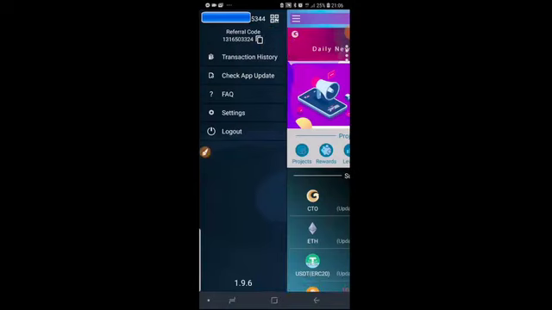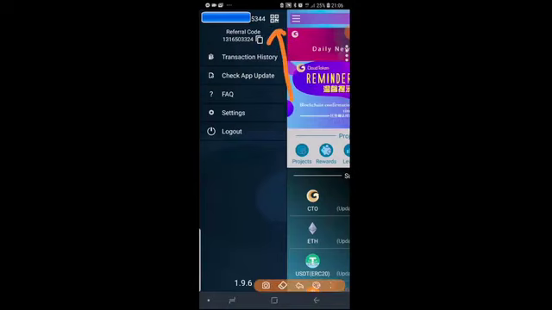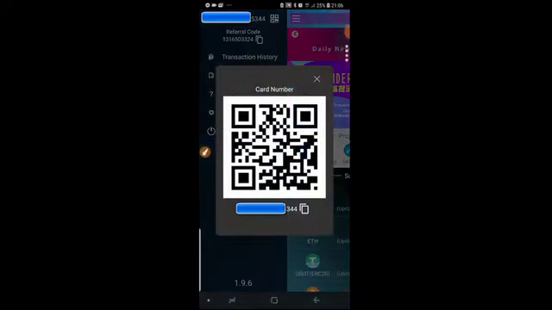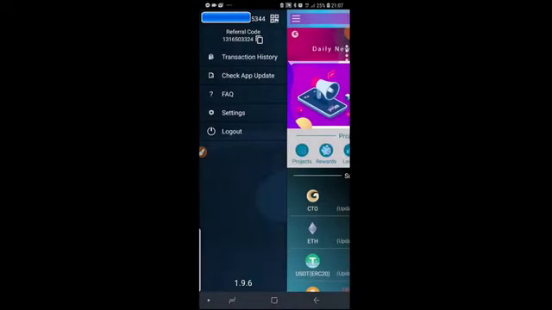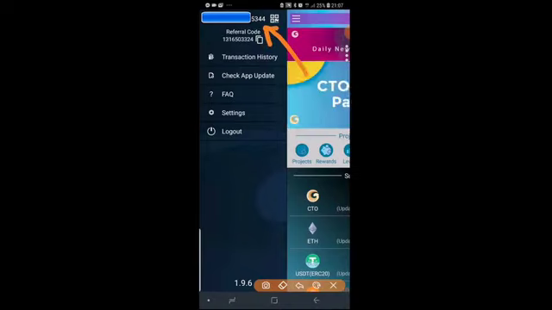Okay, you can also click on this QR code and it will show you just like this, in case you want to copy it if somebody wants to transfer you cloud tokens or something like that. This is where you use it. And also this is probably going to connect to your debit card that will be launched in the very near